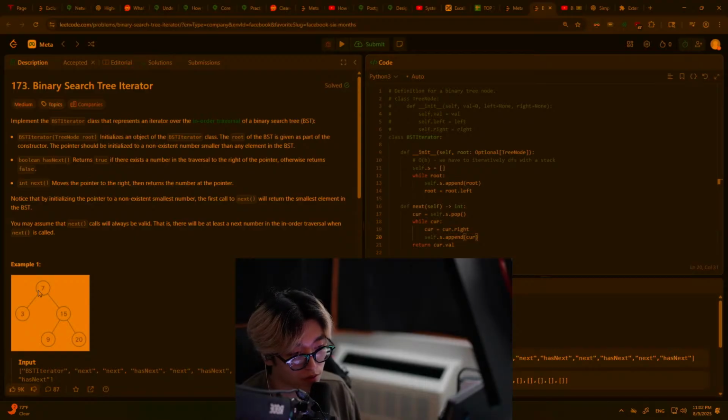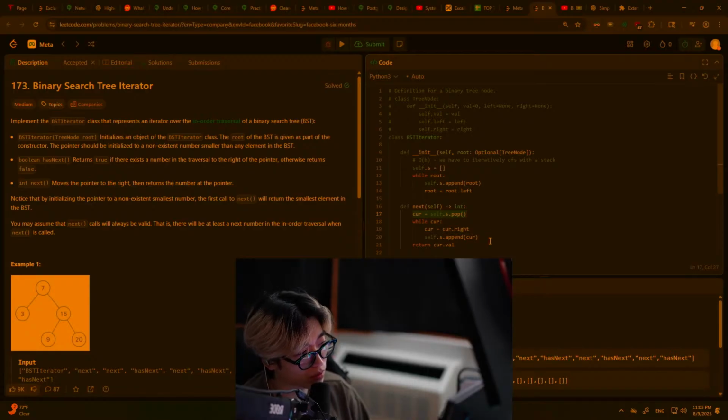So we have... I think that's it. So we're basically saying while we have something, while cur, and we say we move to the right, which we have nothing in this case. So we actually don't do anything here. We don't append anything, we're done. The next time we hit this again, the 7, we pop, and while cur, we're gonna move this now, and this is pointing at the 15, and we're going to append,